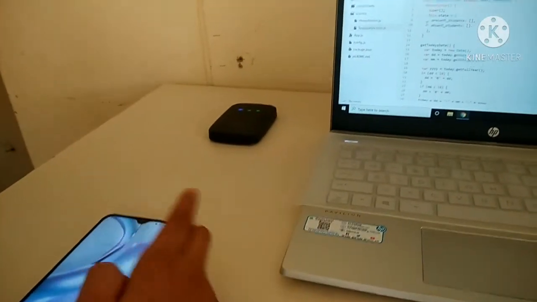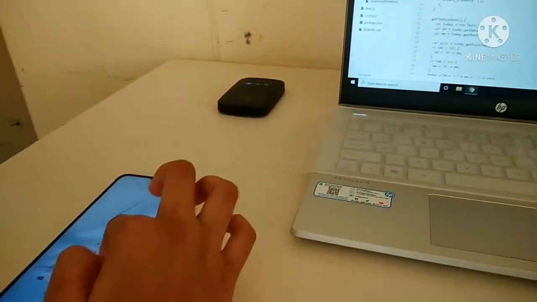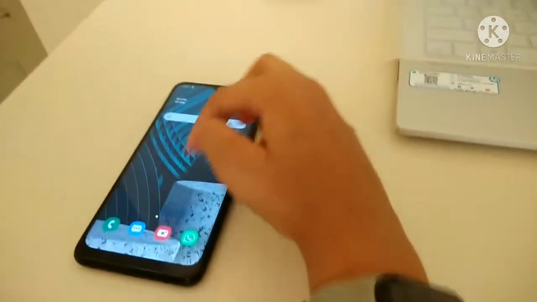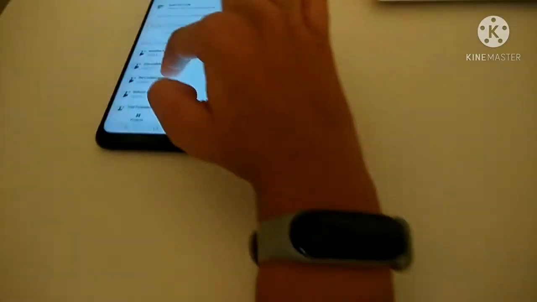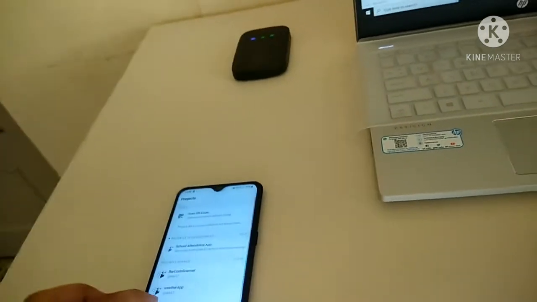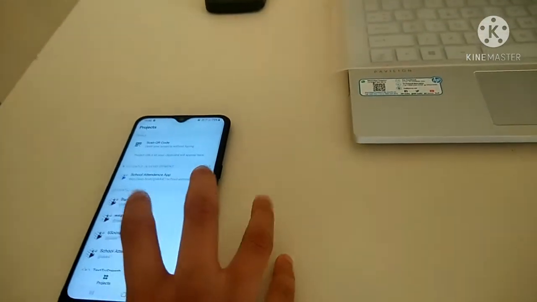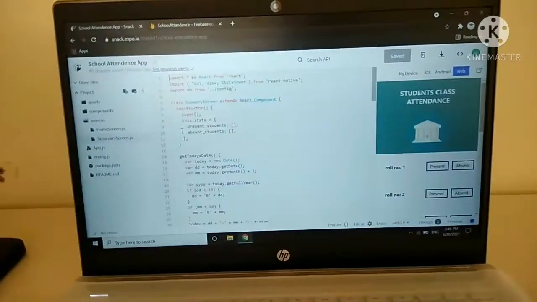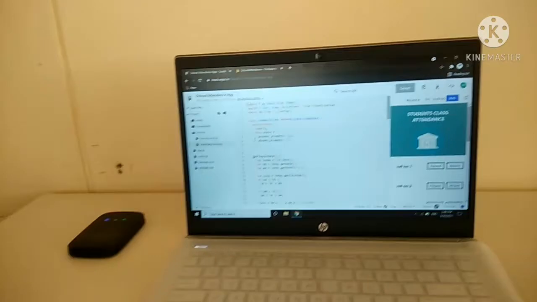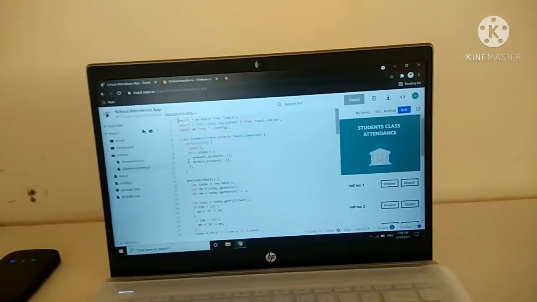Every time I do that, that's the best thing: checking an app and seeing how it works on the smartphone. First of all, we will host it online on our local server. And now I will open the school attendance app. Okay, it's opening. Whenever you're using a database, it takes some time to fetch the data. It's not like, okay, give me the data, okay, I got the data. No, it's not that simple. It takes some time to fetch the data, and then it shows. So now it has come.